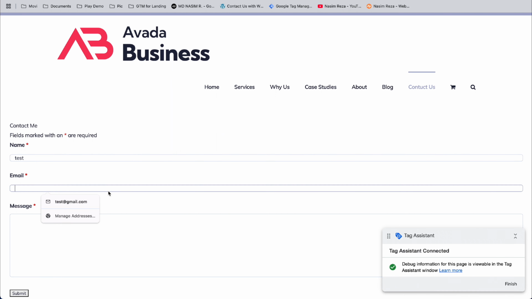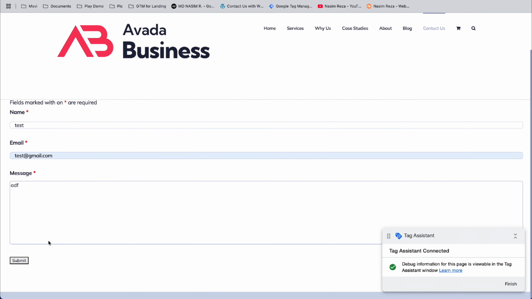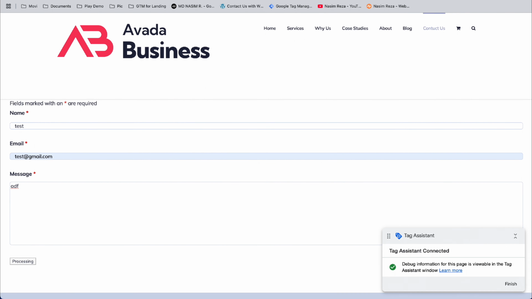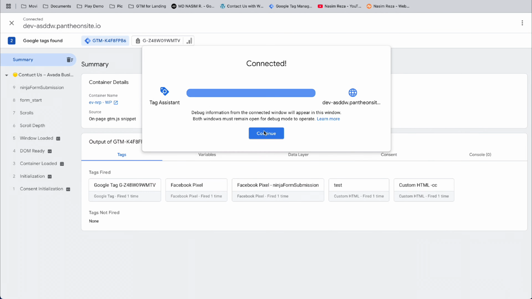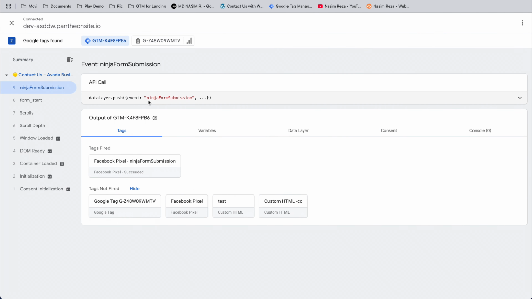Test, test mail and submit. Now here you can see a Ninja Form submit form event is available. In my last video I discussed how you can set up Facebook pixel, so it is pretty much the same process. Just copy this